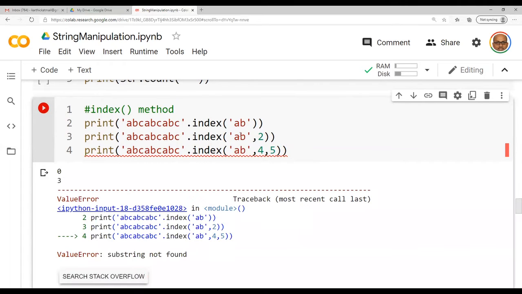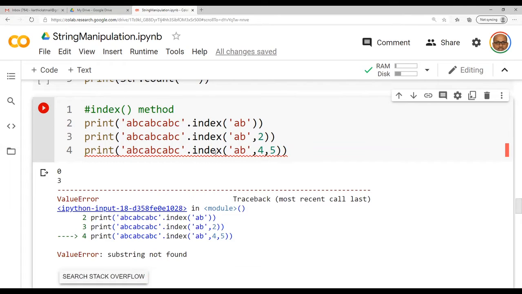Whereas for the third print statement, I am trying to check the occurrence of AB, comma 2. Now starting from the second location, I am able to find AB on the third location.